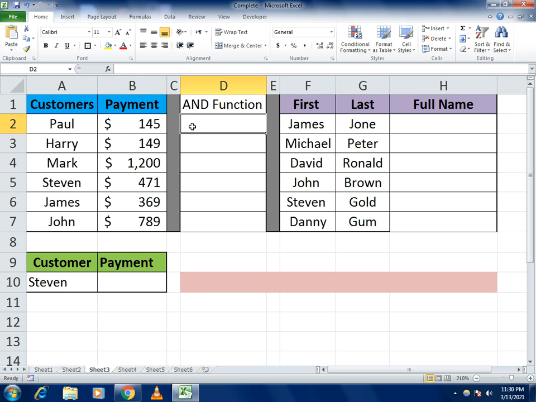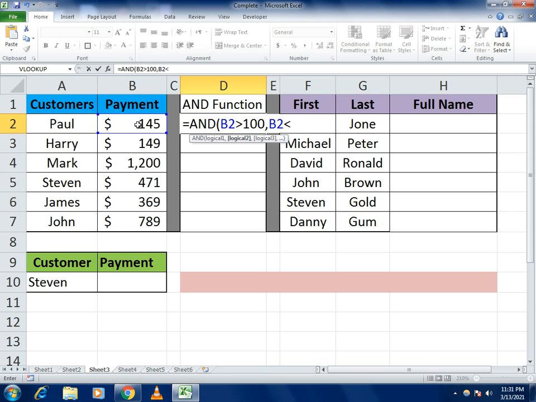So how can I get that? I use the AND function, equals AND and open the bracket. Now it says first logical value, so I use the B2 address. If B2 is greater than 100, I want to know the values which are greater than 100. And again the second criteria, which is if B2